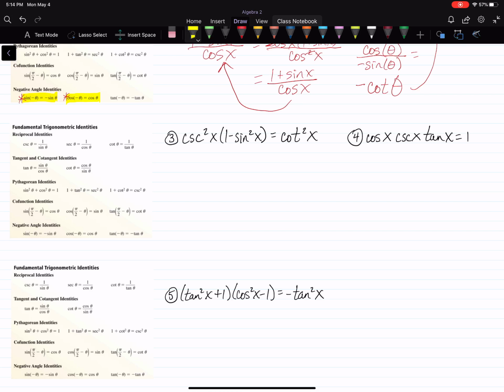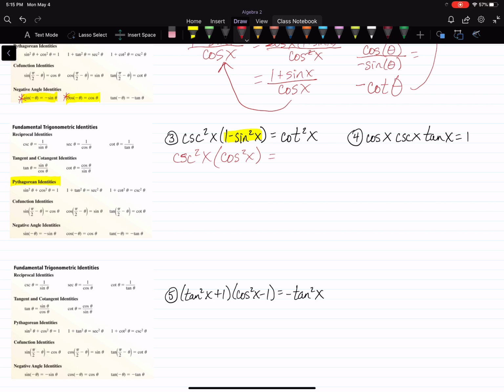We have squares. So remember, what do I say when you see a square? You want to think Pythagorean identities, okay? So right here, this first one, 1 minus sine squared is cosine squared. So we're going to have cosecant squared x times cosine squared x equals,